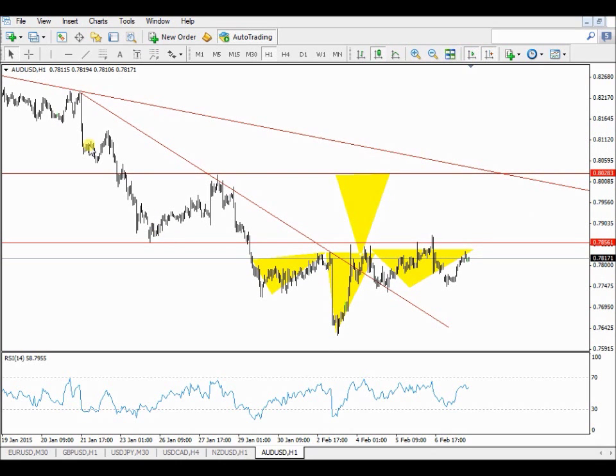Stop loss below the head, 7624, so make your stop loss 7620. If we break 7860, you buy this market with stops below the head. That is your last support, and you go for the following resistance.